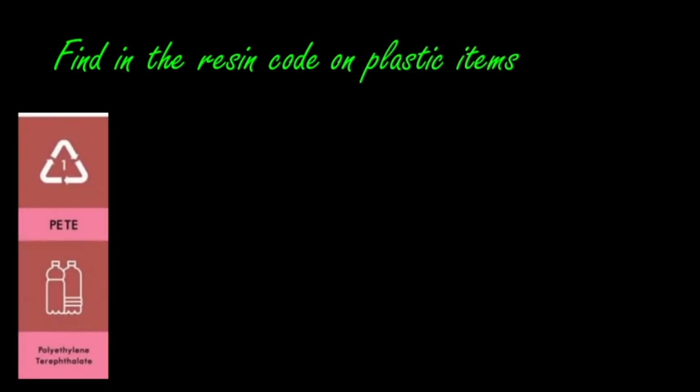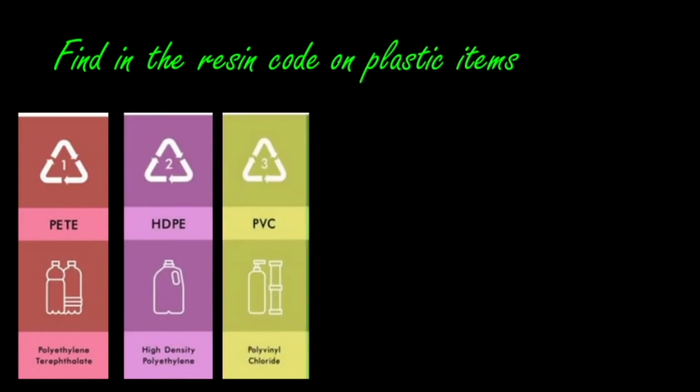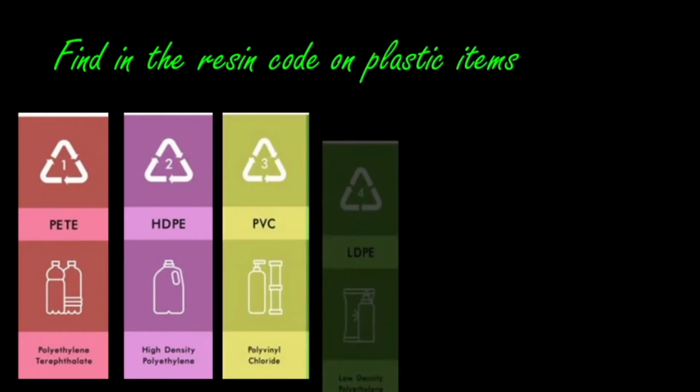Okay, so there are so many plastic resin codes, numbered from 1 to 7. If it is 1, it means PETE, that is polyethylene terephthalate. So the full compound is polyethylene terephthalate. It is simply denoted as PETE. It is denoted by the number 1. If it is 2, it means HDPE, high density polyethylene.